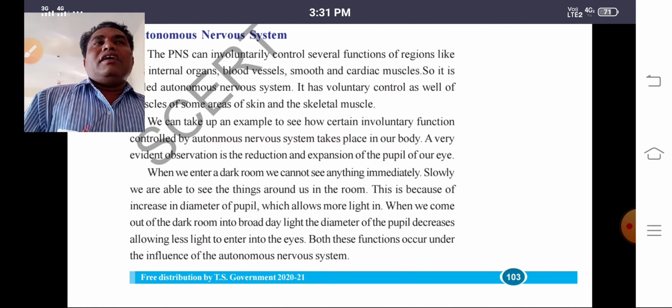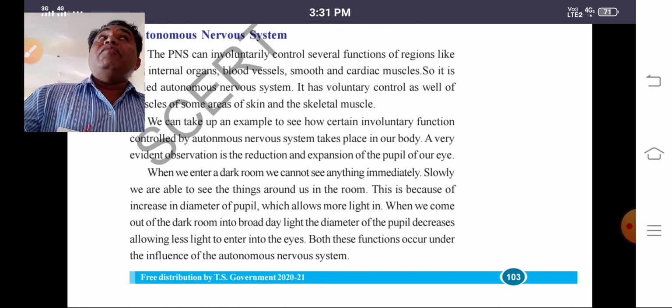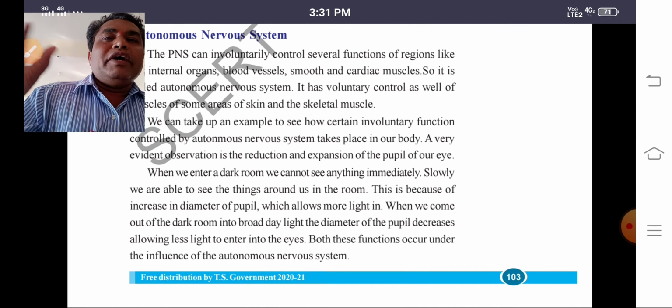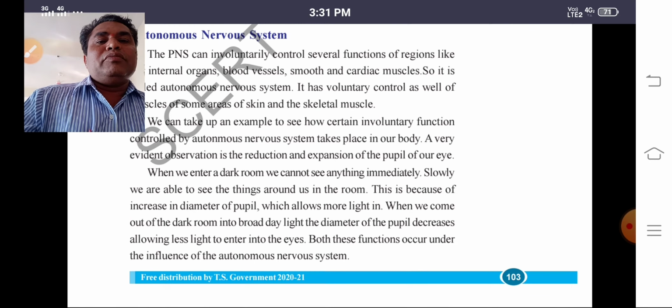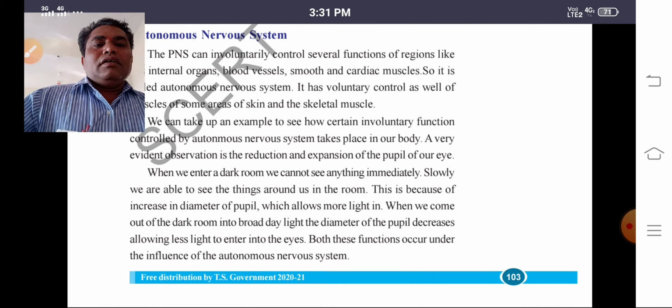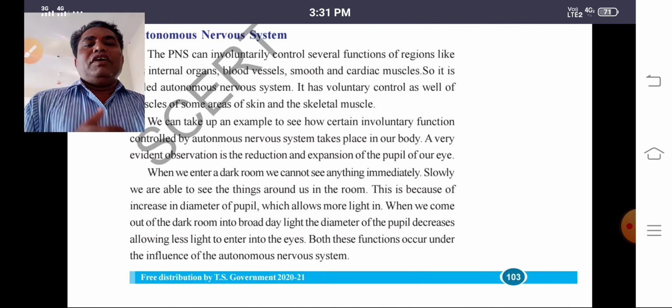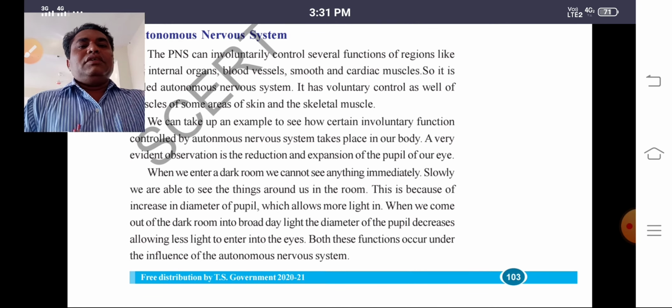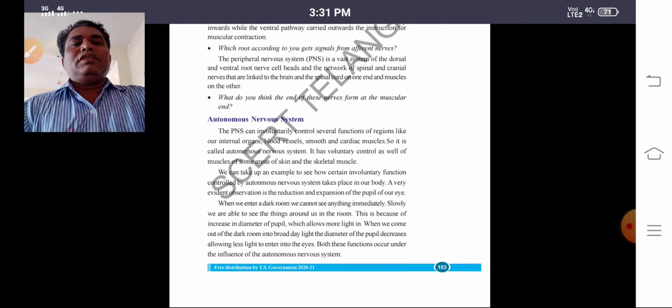ఇలాంటి ప్యూపిల్ తగ్గడం పెరగడం అంటే ఈ ఇన్వాల్వెంటరీ యాక్షన్స్ మన ఆధీనంలో లేకుండానే జరుగుతుంది కాబట్టి ఇది ఆటోనమస్ నర్వస్ సిస్టమ్కి ఎగ్జాంపుల్గా మనం చెప్పవచ్చు. అదేవిధంగా both these functions occur under the influence of autonomous nervous system. సో ఇది మీరు గుర్తుపెట్టుకోవాలి, ఎగ్జామ్లో కూడా చాలా చాలా ఇంపార్టెంట్. నెక్స్ట్,